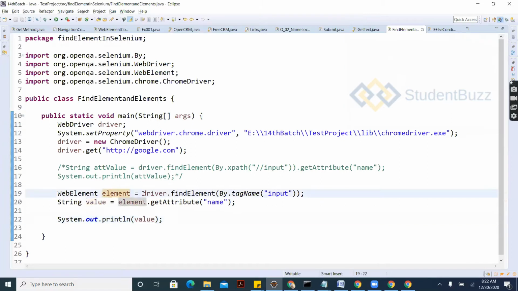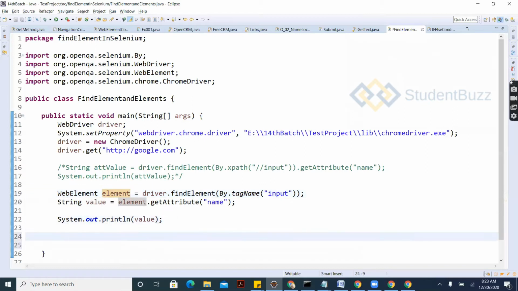Instead of writing duplicate lines of code, you can store it into this one element, and you can use this particular element for further steps. Any questions on this? So definitely note it down. Find element: what is the return type of find element? It's a WebElement, a single WebElement. Okay.